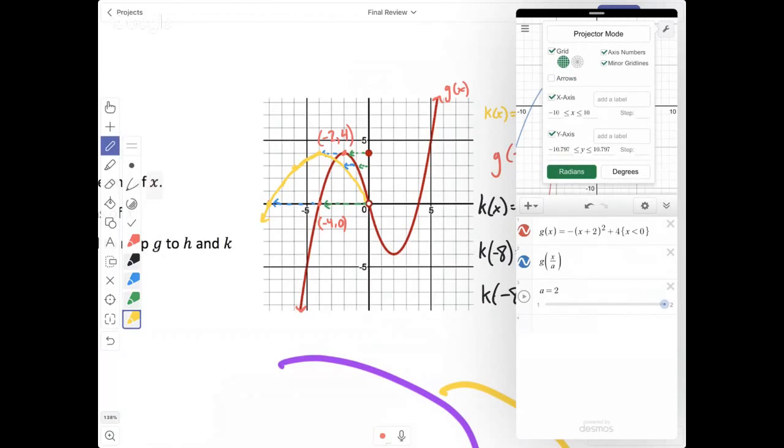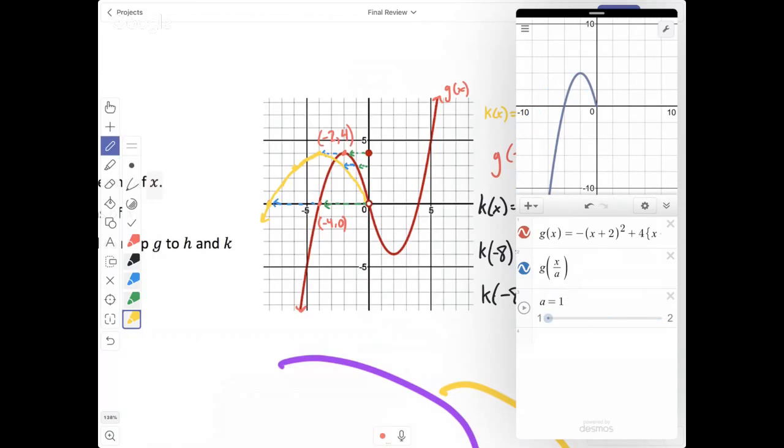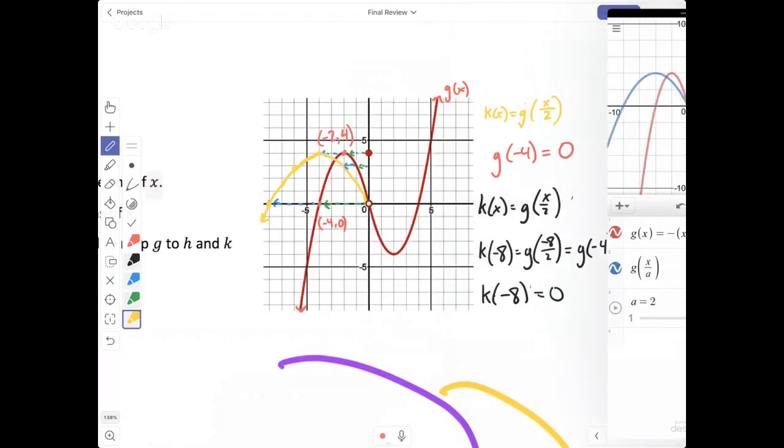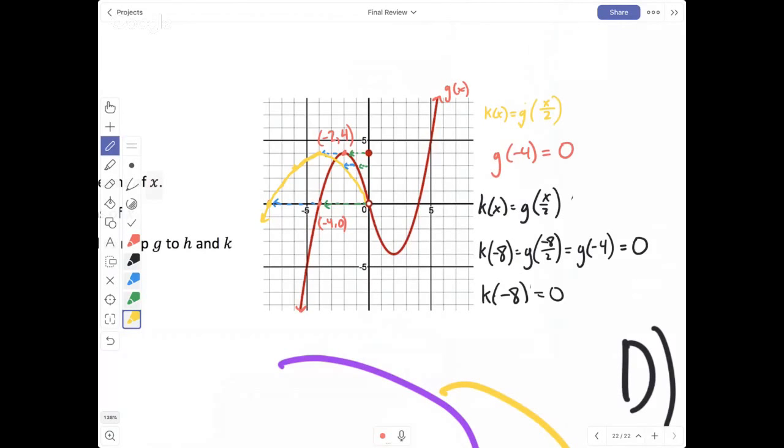Let's turn this on brighter so you can see it even better. There it was, this is the original graph. And as I dilate by a factor that approaches 2, the graph gets stretched away from the y-axis, dilated away from the y-axis by a factor of 2. Cool. I did that same thing to all the other points. I graphed down there, and I graphed out here, and I sketched it like that.